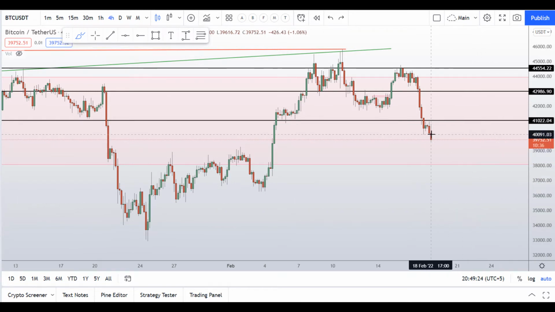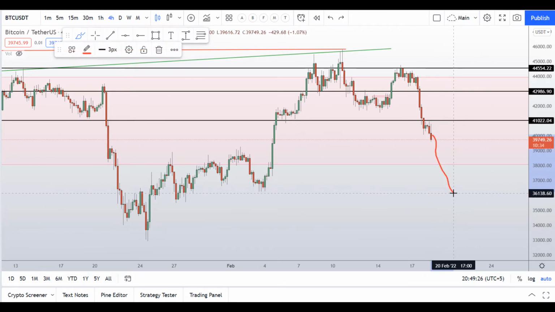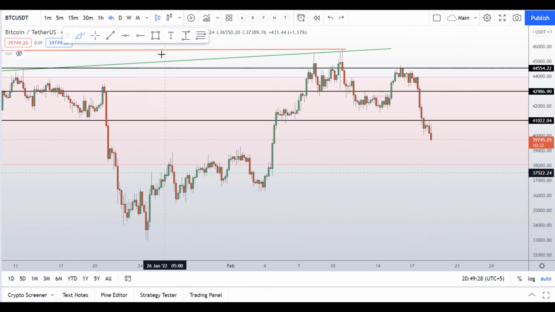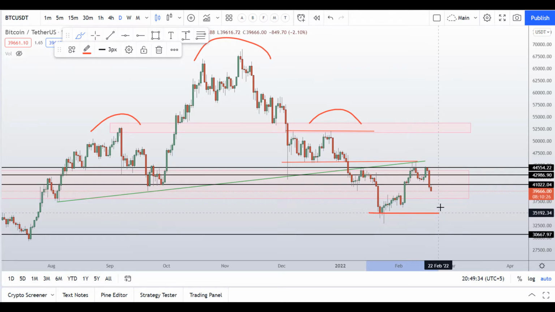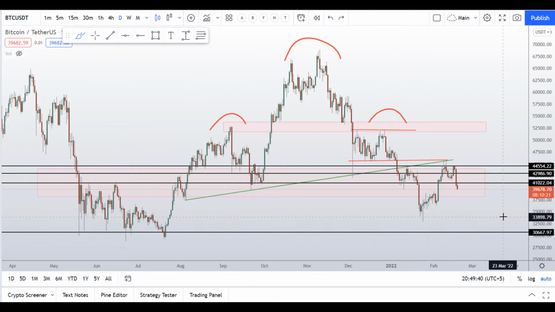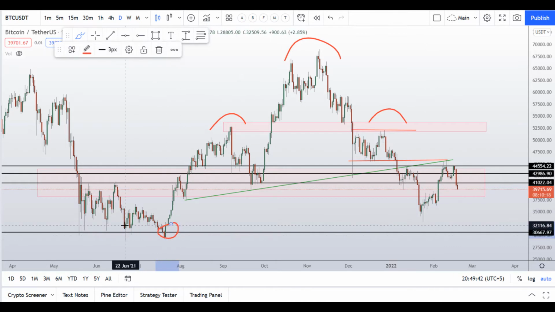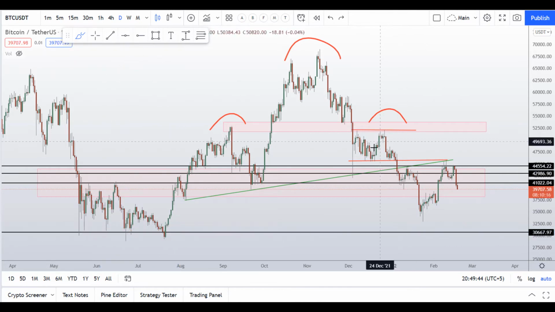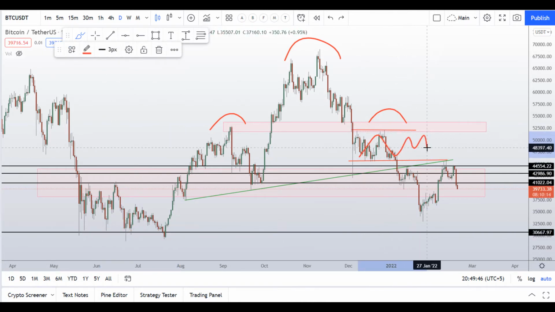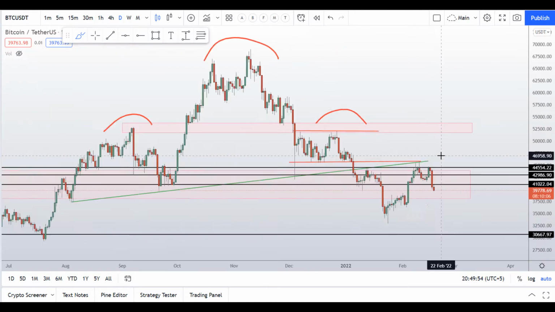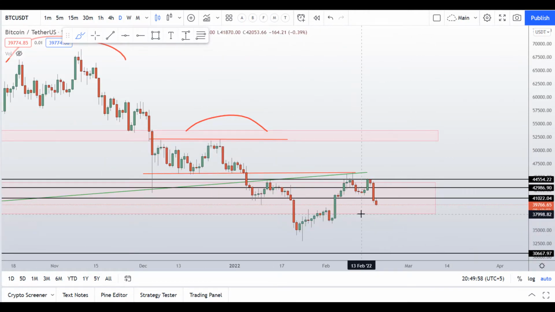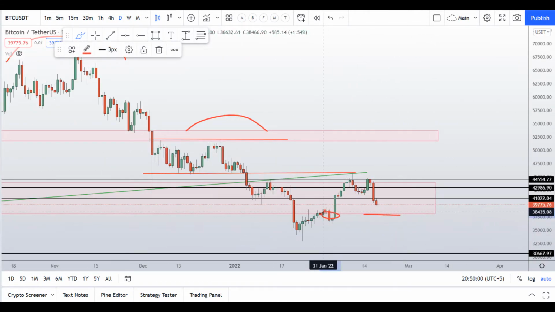And if we don't see a pattern here and price further goes towards the downside, then in my opinion this $35,000 level is very crucial, and then this $30,000 level here. As you can see, this is the prediction of this channel pattern that we have been looking for a very long time. So two levels to watch for in the Bitcoin in the meanwhile: this $38,000 level, this 38 support resistance level,